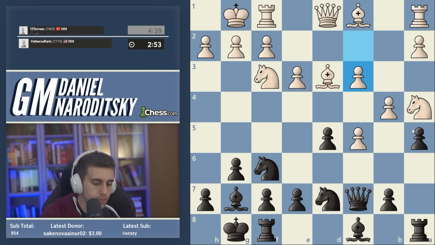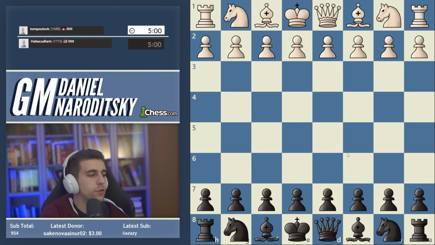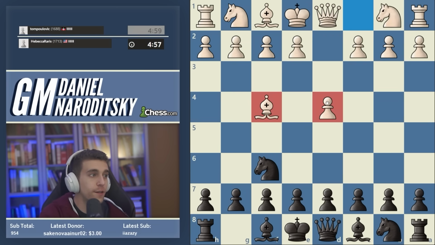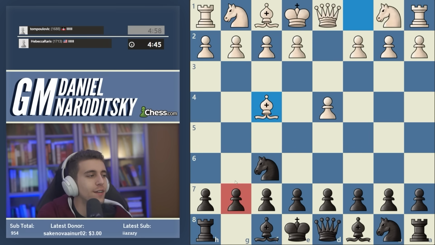Any questions? Okay, one more five-minute game. Let's do this. We have black again, Tom Pulovich, 1680, we're over 1700. Facing some stalwart opposition and a London system, which we've definitely already faced several times before, and my recommendation here is c5. Whoa. So c4,